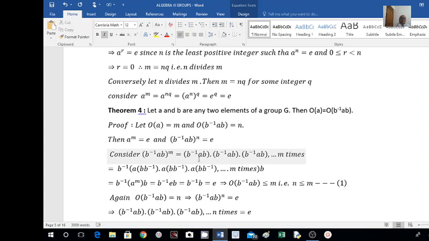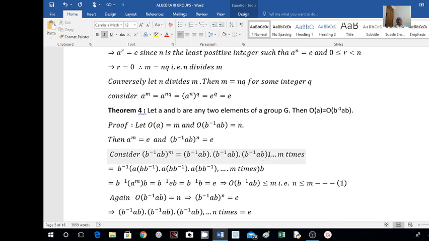Now I will use the associative law. What I am doing here is combining this B and B inverse on one side. B inverse is there, and here also we have B inverse. So I will write this B inverse as it is, A as it is, then B B inverse into A, B B inverse into A, B B inverse into A, into this last A.